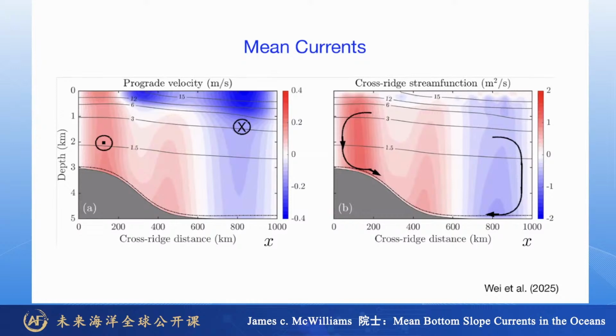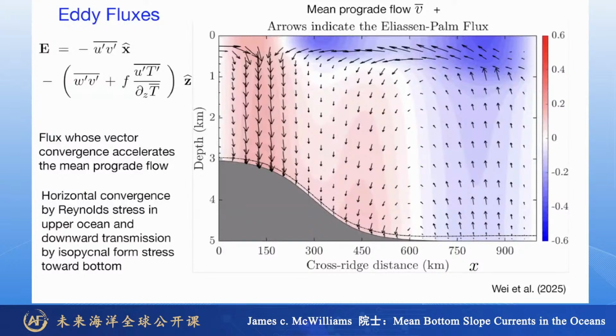If we look at a diagnosis of the eddy fluxes, this is a plot in which the color is the mean prograde flow. So it's just a repeat of what you saw on the previous slide. But the arrows are what's called the Eliassen-Palm flux, excuse me, which is defined here as this capital E vector, which has a horizontal component, which is the horizontal Reynolds stress. It has a vertical component that is the vertical Reynolds stress, plus this eddy temperature flux normalized by the mean